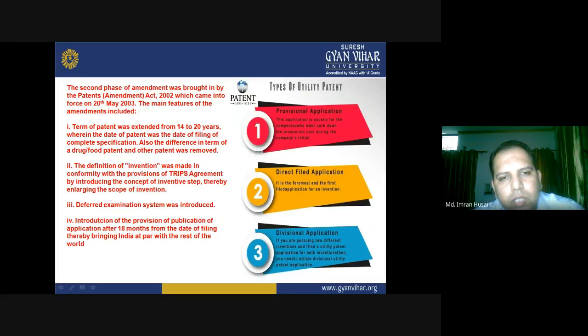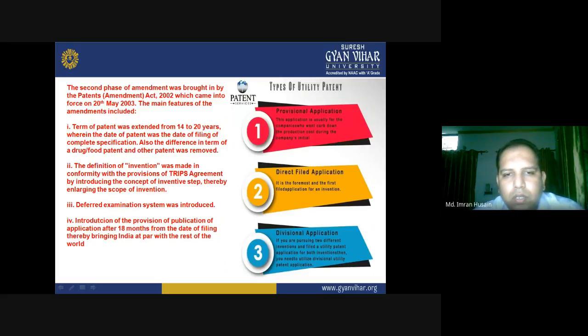So, in the starting of the scenario, when it started in India, the time period of obtaining a patent was only 14 years. For the time period of 14 years, it would be exclusive for the individual who is signing the patent. But when it comes to signing of other system, the 20 years was upgraded. It was upgraded to the 20 years time period, wherein they considered the date of signing that very particular patent, when the individual is going to fill the details of specifications and trying to file the patent.